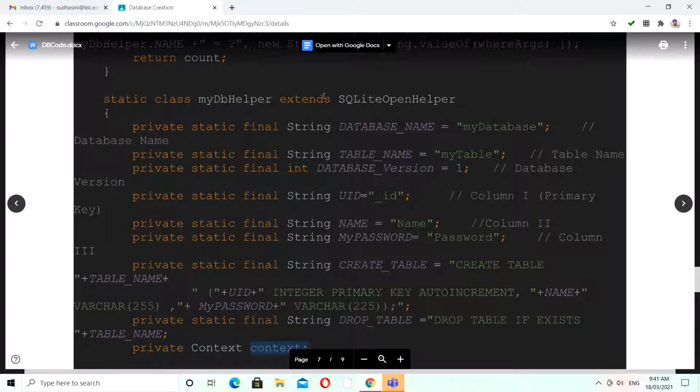If I mention extends, this MyDB helper is going to inherit all the information of your SQLite open helper. So if I mention super, obviously it's going to activate the constructor of your SQLite open helper.